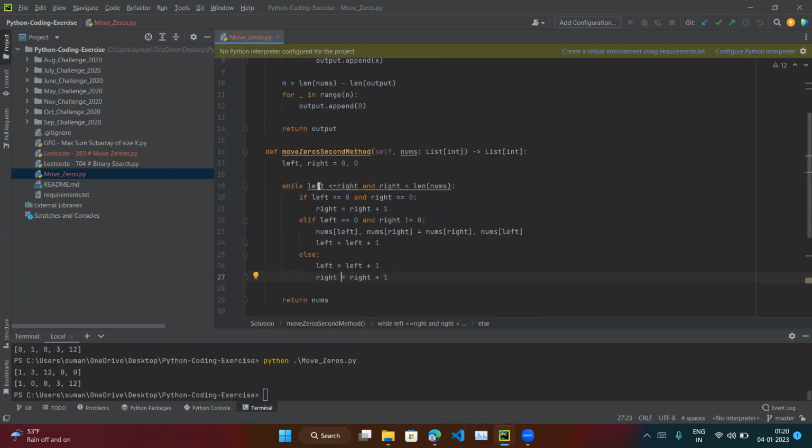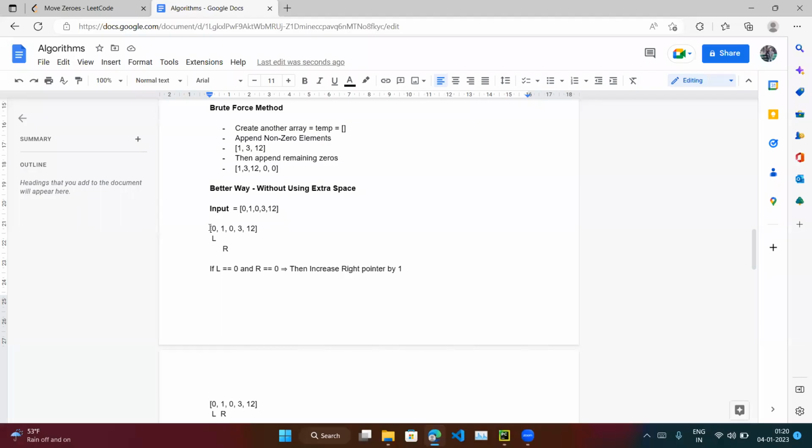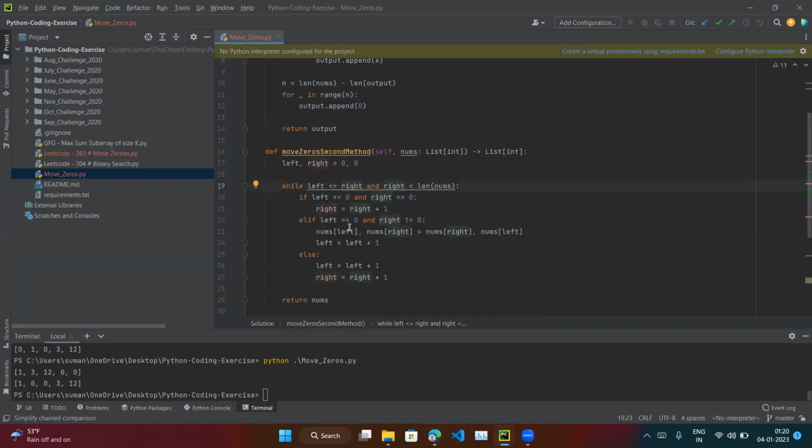So that is fine. Left is less than or equal to right, and right is less than or equal to length of nums. So both conditions are true. So if left is equal to 0 and right is equal to 0, right is equal to right plus 1. So perfectly okay. And if left is equal to 0 and right not equal to 0,